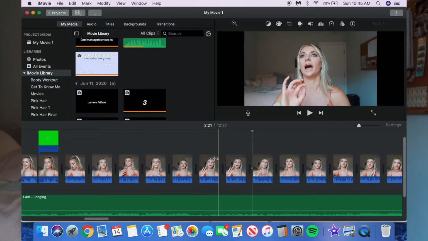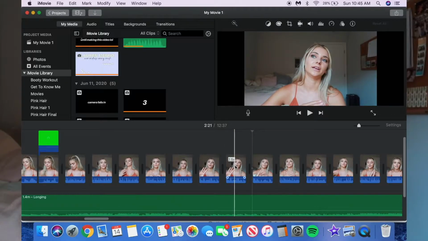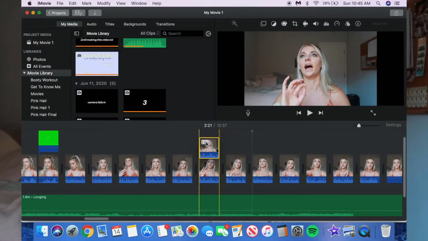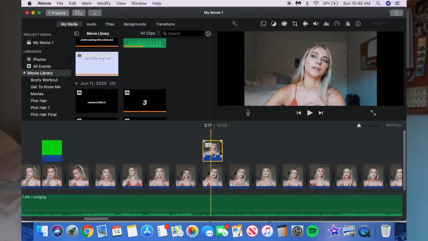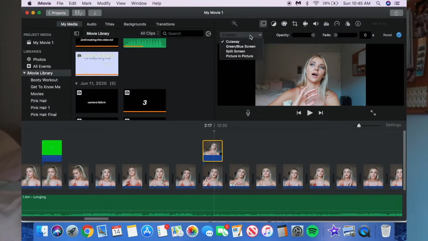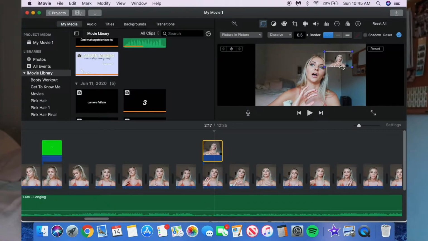This is a bad example of clips I'm using, but this is kind of all I had. All you want to do is copy and paste that clip right next to each other and then drag it above the same clip. And then you want to turn the volume down of that top clip, otherwise it's going to be like twice as loud for when it plays over that clip. And then you just want to have that top clip selected and go up to those same icons, and instead of hitting cutaway, hit picture in picture, and then it's going to pop up on the screen.